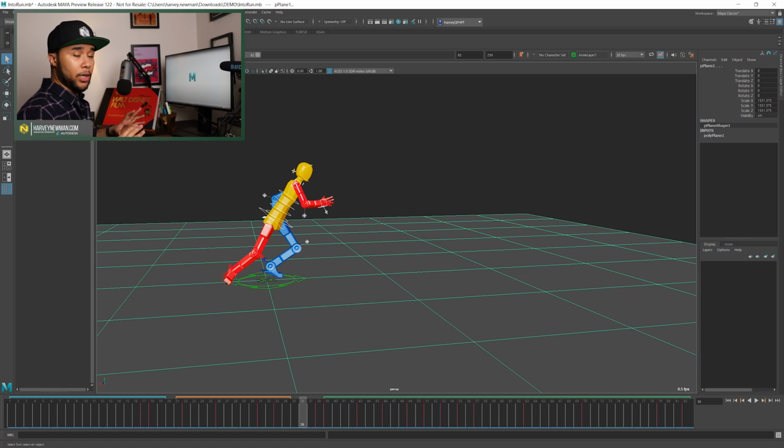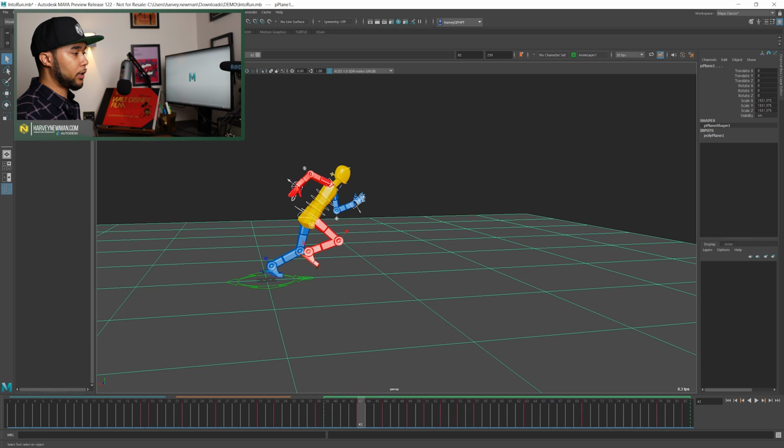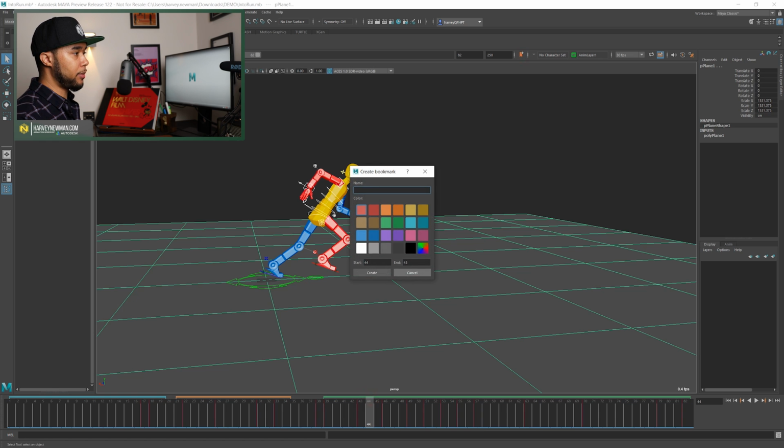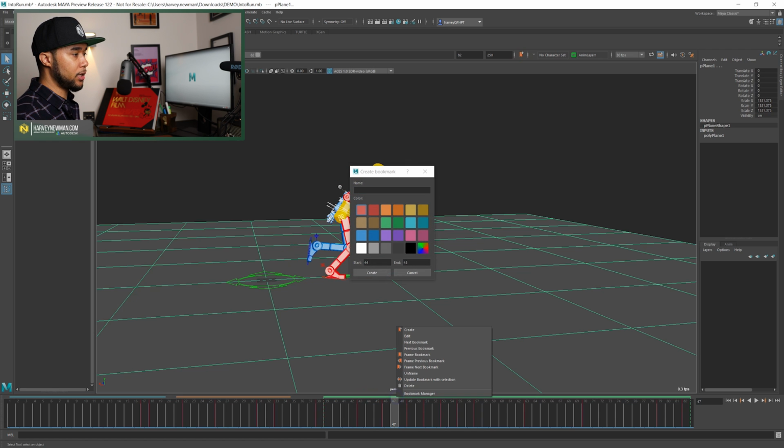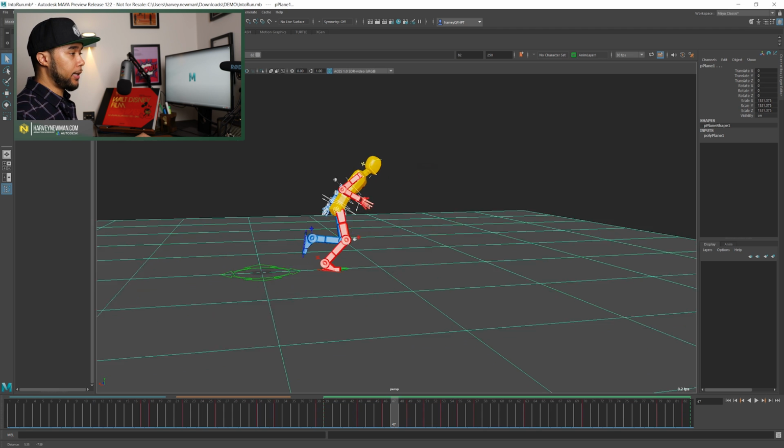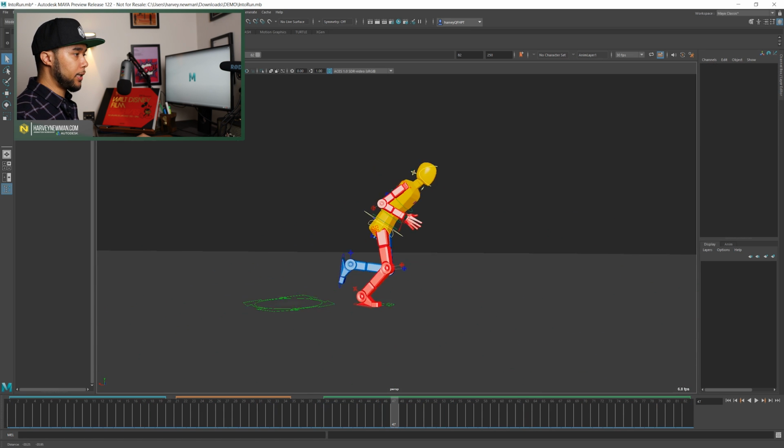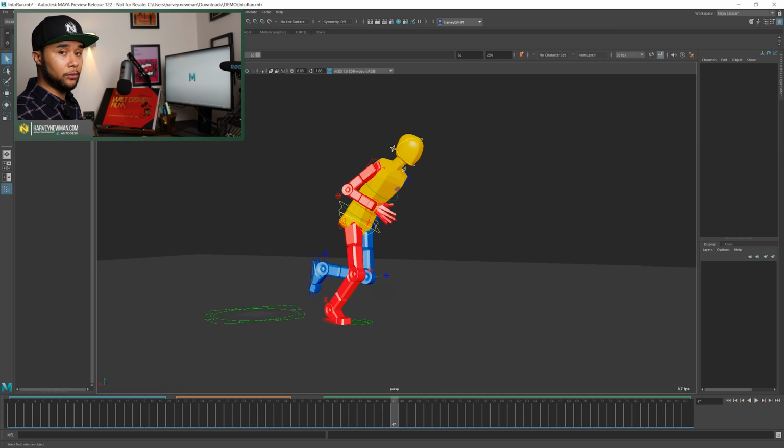Now, before, when you had your bookmarks, you could not change where they were unless you went back to your bookmark manager. If you click your bookmark, go to the bookmark manager, and actually change the numbers, right? If you right click, edit, and change this to start before or after. Now, that is obviously a little cumbersome, not super user-friendly, so what you can do now,